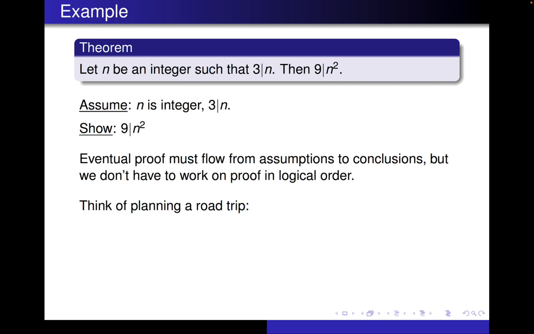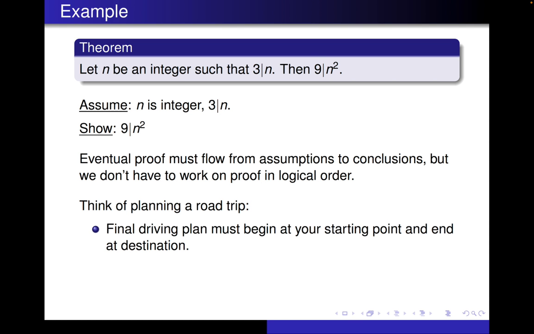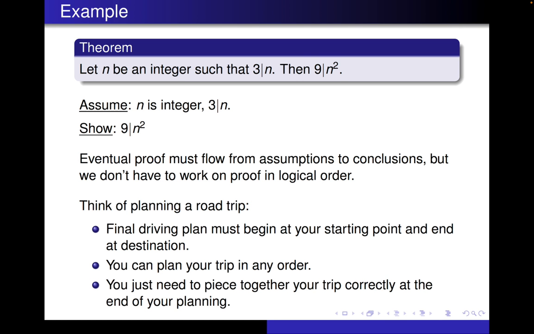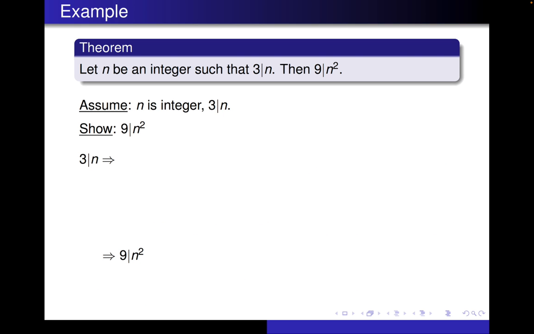You can think of this as planning a road trip, right? If you're planning a road trip, your final driving plan has to begin at your starting point and end at your destination, and all your steps have to be in order. However, when you're planning it, you can plan your trip in any order. It doesn't matter which part of the trip you're planning. The only thing you need to do is piece together your trip at the end of your planning so that it fits together nicely. So, all we're required at the end is we have to start at 3 divides n,